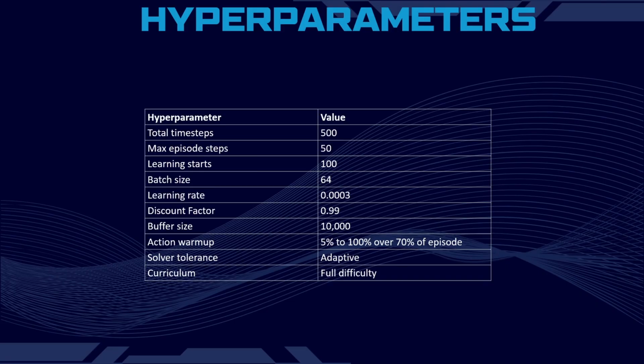We only take 5% of the action, and then slowly we move. As we move ahead in the time steps, we slowly increase the size of the action. Also, what we have done here is to ensure that it doesn't crash very frequently. We have made the DWSIM solver tolerance adaptive, so the RL agent can also control the solver.